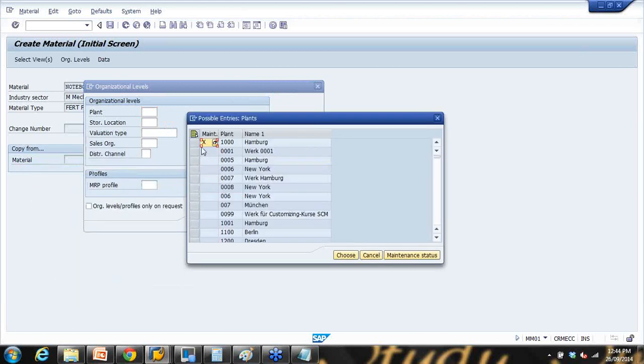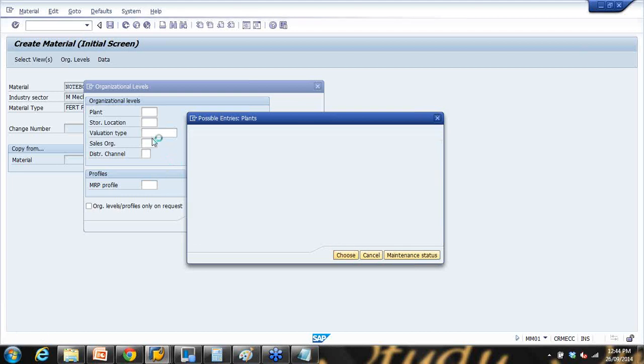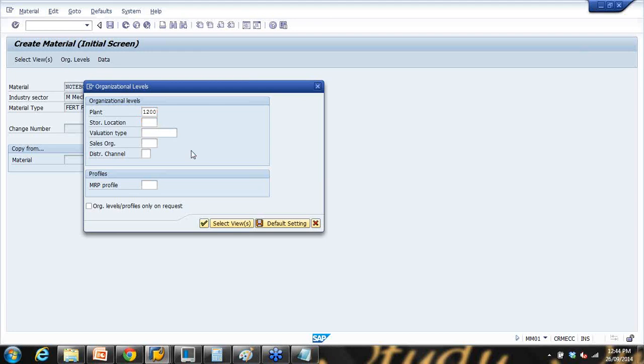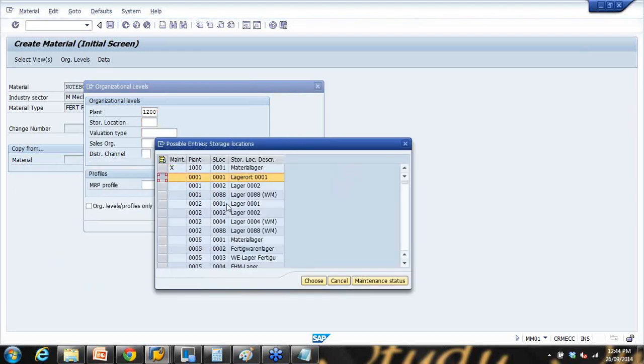Say 1000 is already maintained. You can see there's a cross here because 1000 is already maintained. So what we can say is we want to maintain in the plant 1200. Okay, choose that. What store location? Select a store location. Store location can be 001